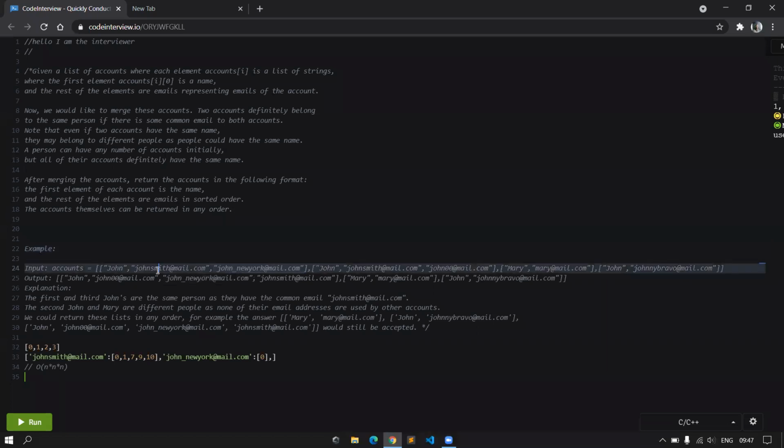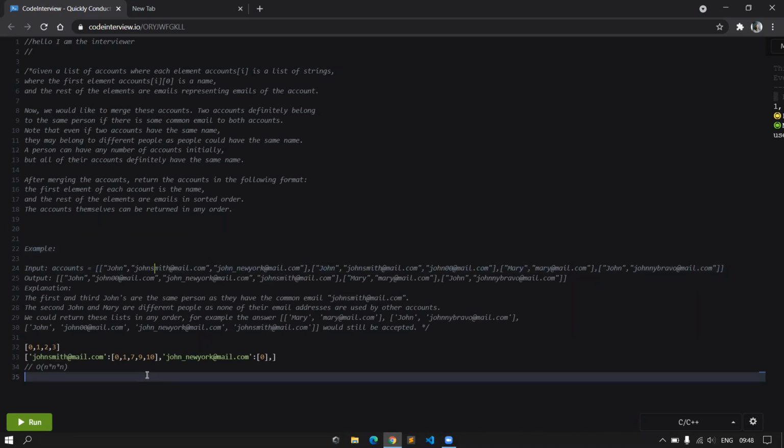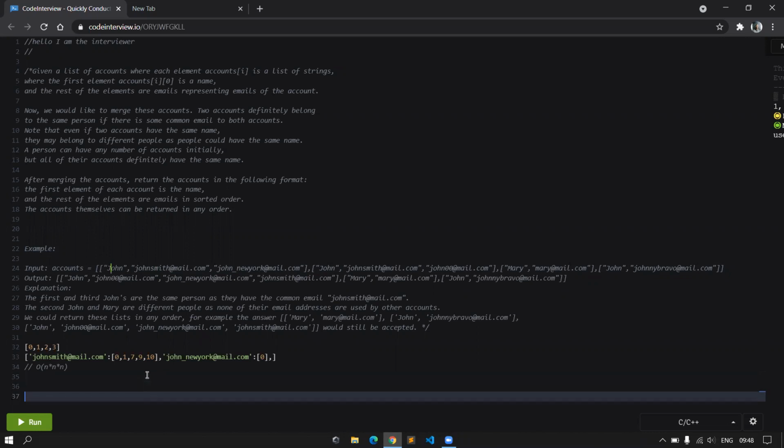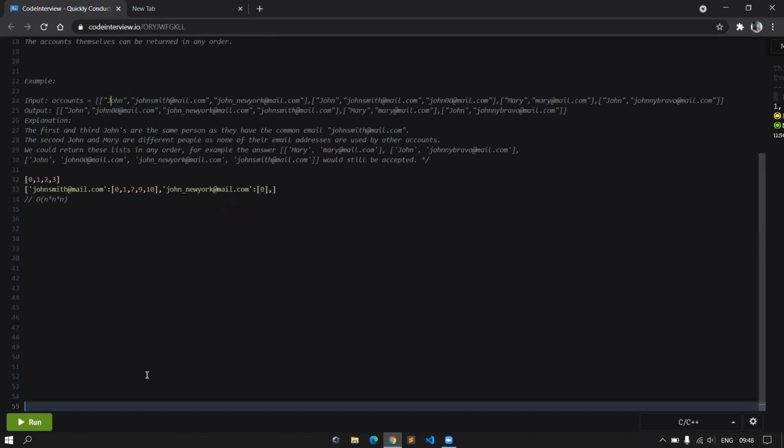But again, storing these individual email IDs and assigning an edge and then going for any... So what entities are the nodes? Are you saying there is going to be an edge between John Smith and John New York, or between John Smith and John? That wasn't clear to me.